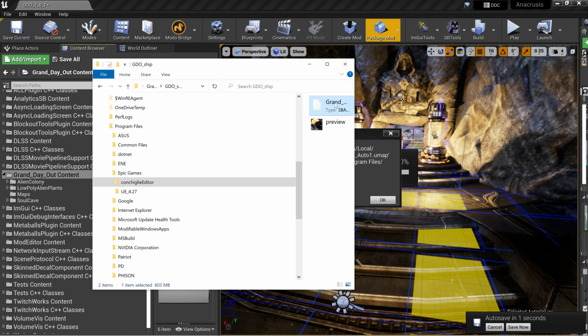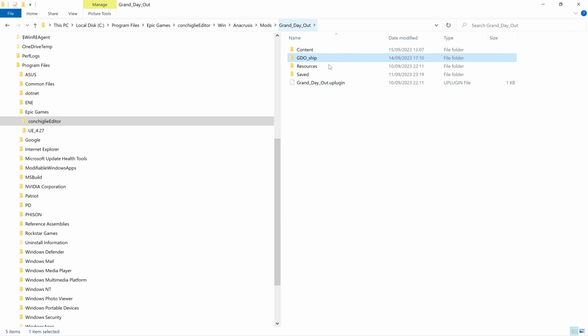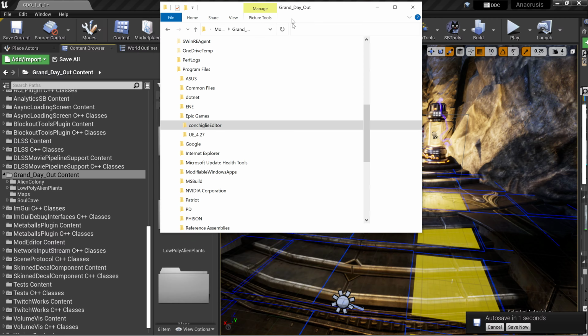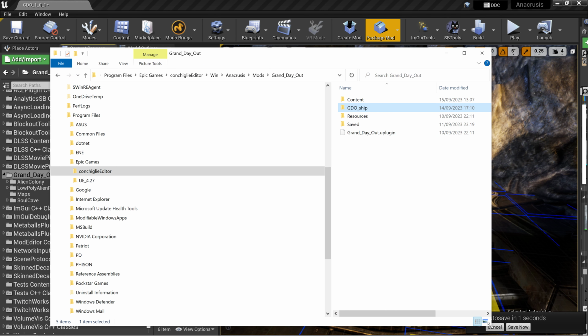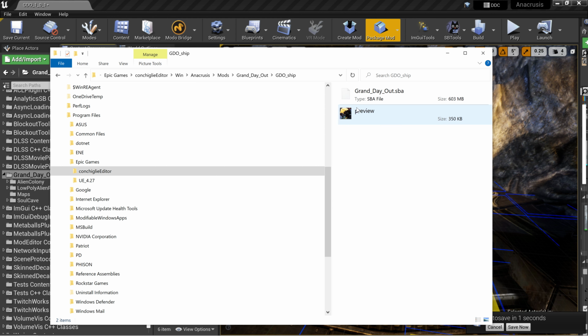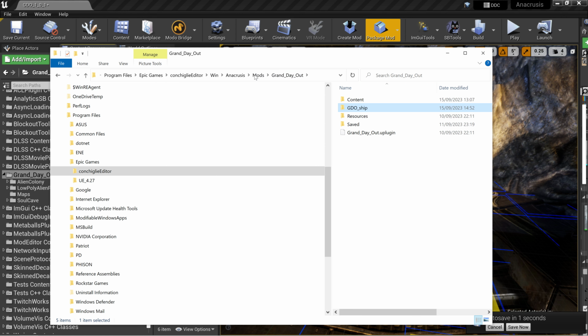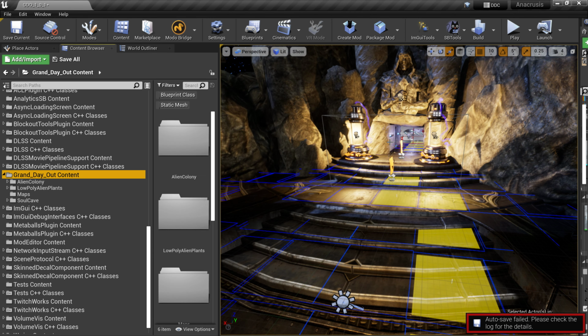Now, if this SBA file already exists in your mod folder, it's going to error when you try and package up a new mod. So what you need to do is delete it. I'm just going to get rid of that. And then come back and click on package mod inside the editor. That's really annoying, and you see it shows any mods that you've built, and it asks which one you want to package, and you say Grand Day Out,